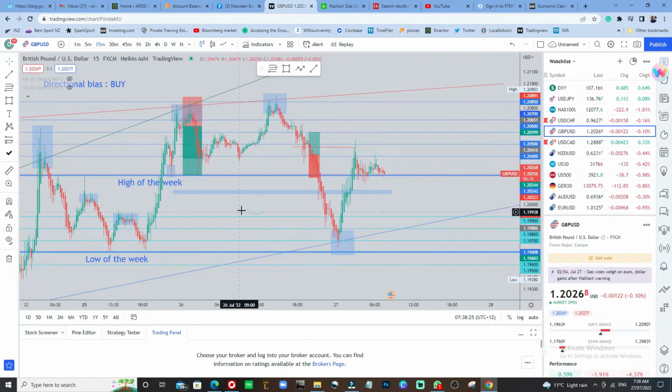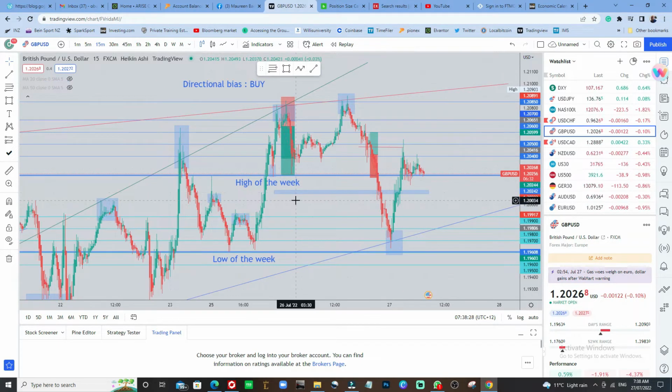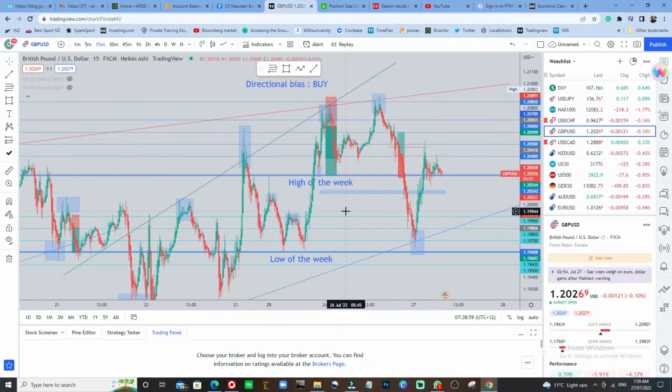Now, if you look at it in this multi-time frame analysis that consists of different psychological levels and lines, this is a psychological level, then two lines indicating the high of the week and the low of the week, as a result of the first two candlesticks being created. There are also other psychological levels and trend lines meeting together, where the market has to form a W or an M, and where we take trades around areas where trend lines and psychological levels meet together.